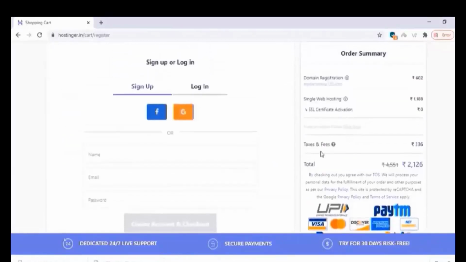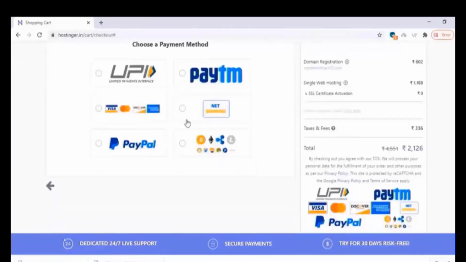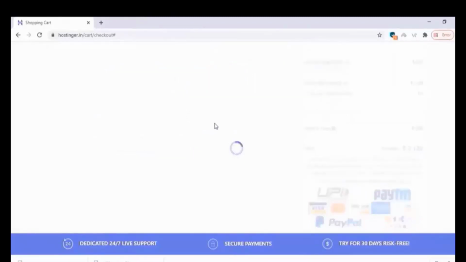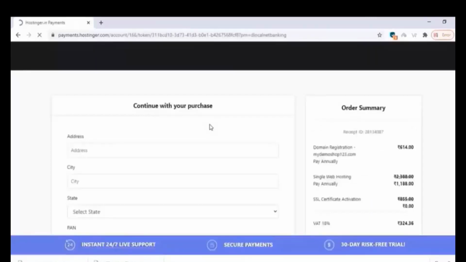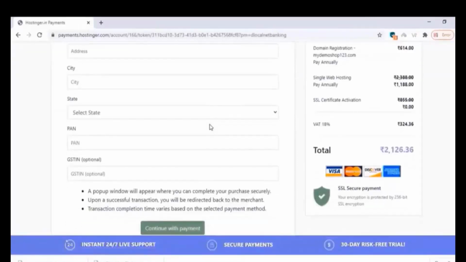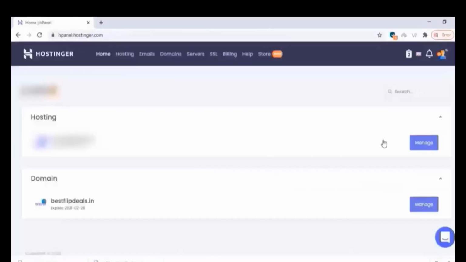and you can just click on checkout now, and you can enter your Google or Facebook account, and just log in, and you can complete the payment options with the UPI, Paytm, etc. Here select the UPI method, or whatever the payment method, you can just complete the payment, and you will get a control panel and a dashboard for completing the hosting, or you can set up the hosting settings. So it will be mailed to your registered email address. So once you complete the payment